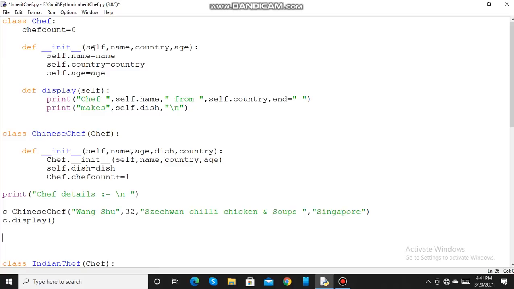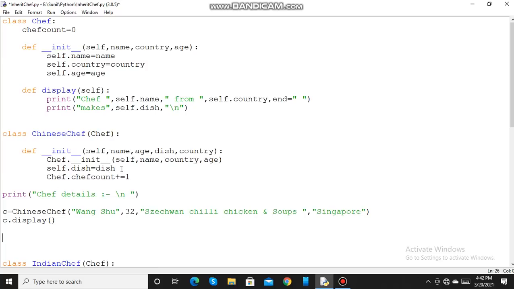So this is the init method of the parent class. And the instance variables are initialized with name, country and age. So name is Wang Shu, country will be Singapore and age will be 32. So self is the instance, that is C.